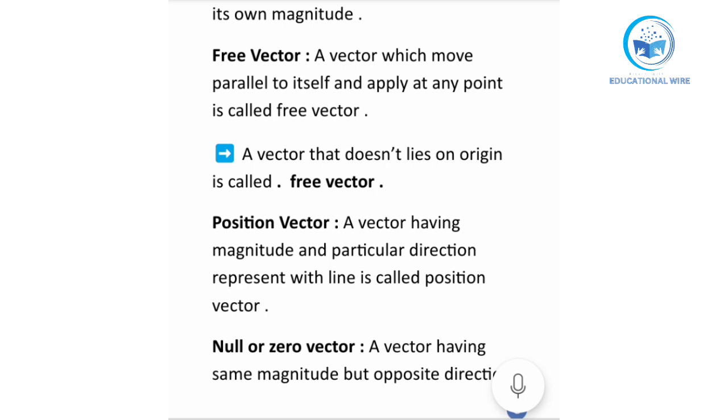Now this definition shows us the negative vector, as we have done in our previous lecture. A vector having same magnitude but opposite direction is called a negative vector. But we have one more line of addition in this, then it will be called a null or zero vector. The identity of a null or zero vector is a vector having same magnitude but opposite direction, with having magnitude,